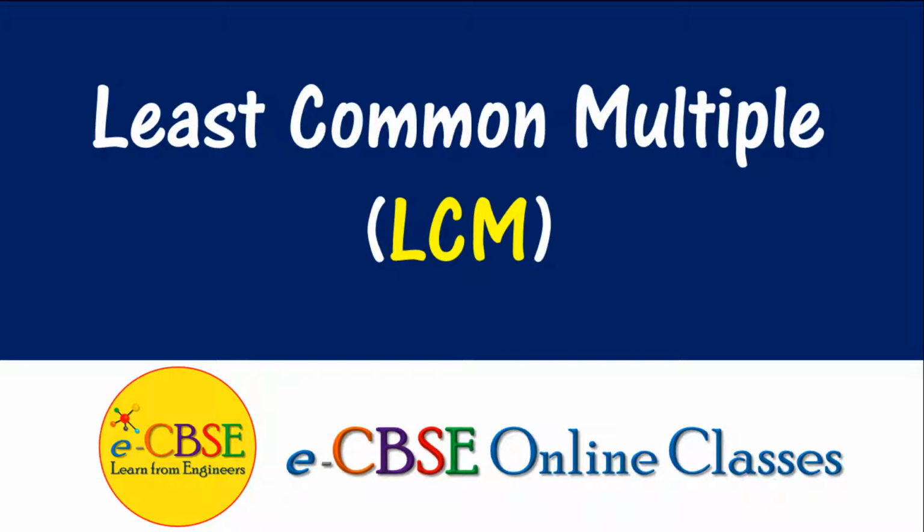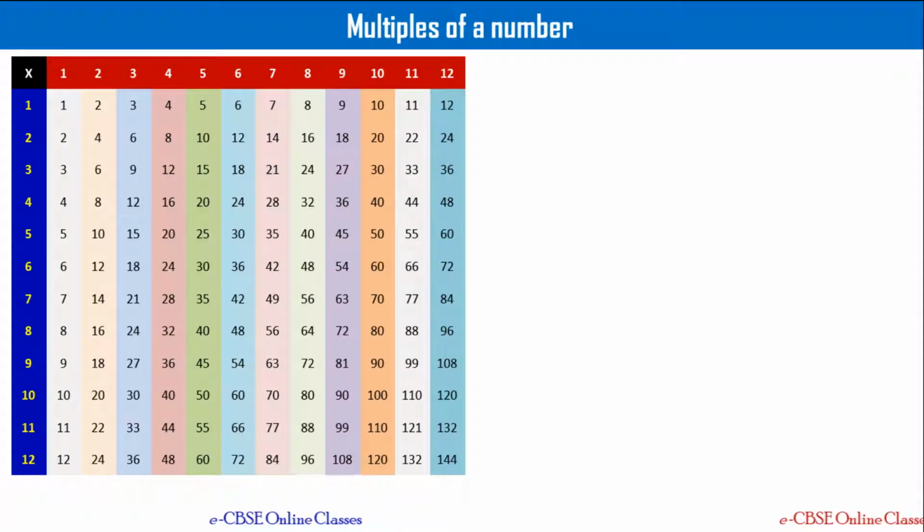Let's learn about least common multiple, LCM, of a pair of numbers. Prior to that, let's understand about multiples of a number. In a video on factors, we have shown how to write a multiplication table chart. The chart you see here is of size 12 by 12. It means we can read tables 1 to 12 from this, right?